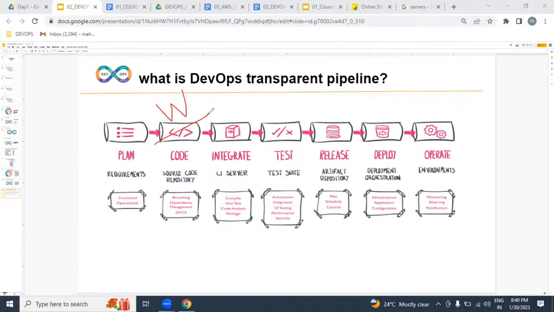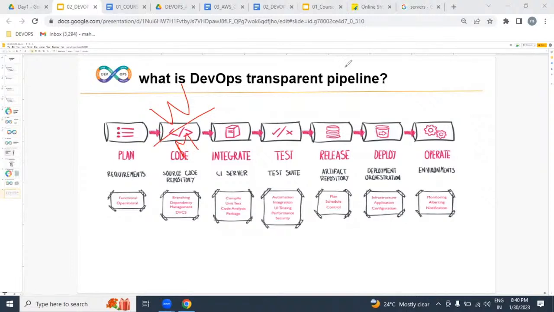After writing lines of code, that code is going to be maintained by the DevOps engineer. Writing is the responsibility of the developers. Maintenance is the responsibility of the DevOps engineer. That is a very thin layer to understand this.